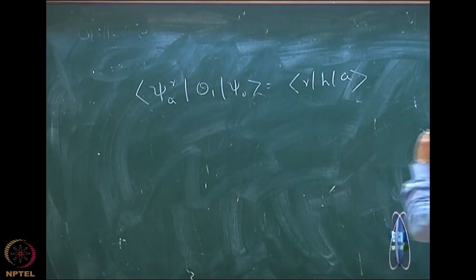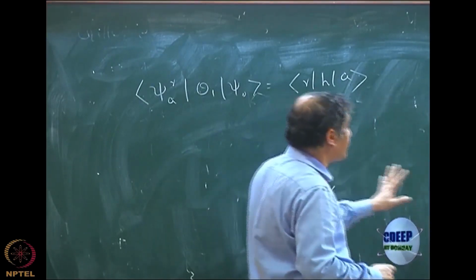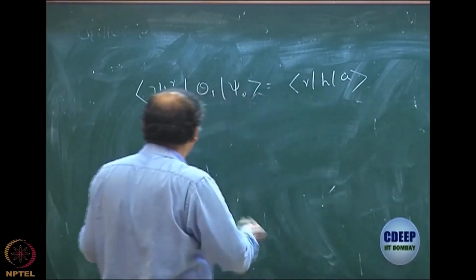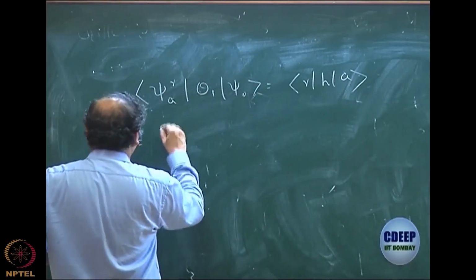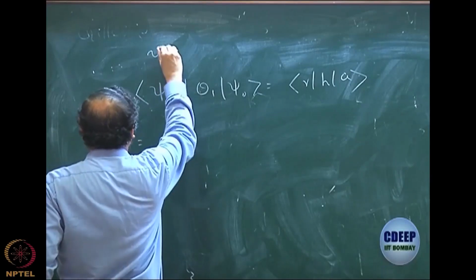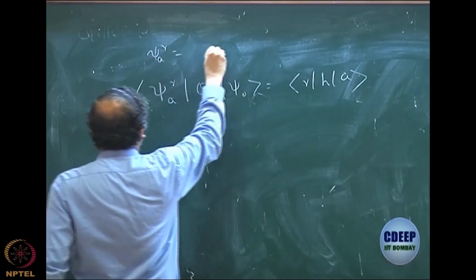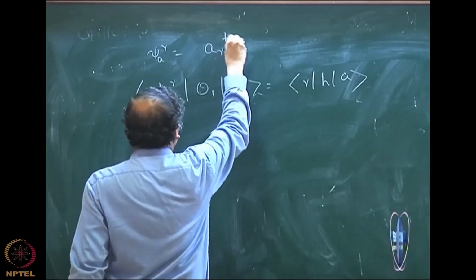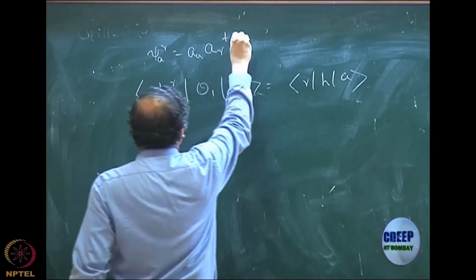Many of these you can actually show by keeping psi naught as it is, that is without even expanding psi naught. So this particular problem is not a 2 electron problem, it can be anything. So you should be able to write, how will you write psi AR? As AR dagger AA on psi 0,